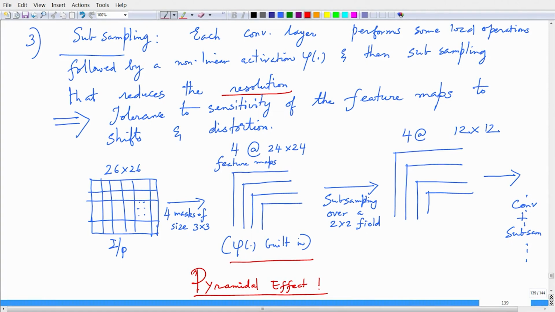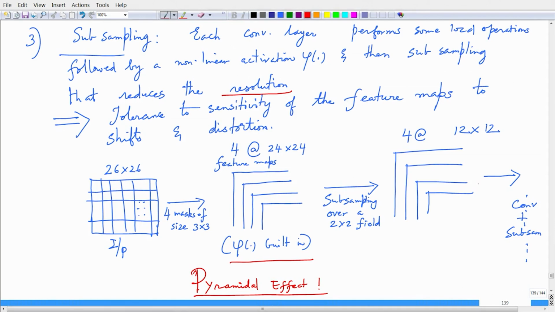Post the operation of convolution and nonlinear activation, we subsample, because we have a lot of these feature maps and we have a huge size in the set of feature elements that we can get. We have to downsample this data to avoid the computational burden. Suppose we do subsampling over a 2 by 2 local field, then assuming that we had 4 feature maps, we land up with again 4 feature maps, and each of these maps are of size 12 by 12,